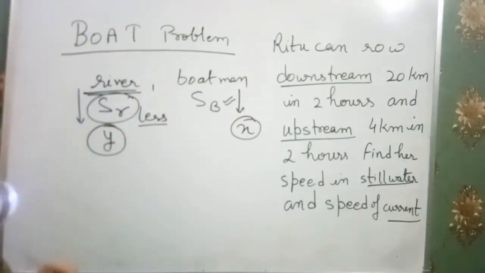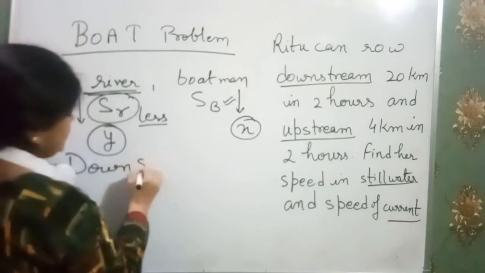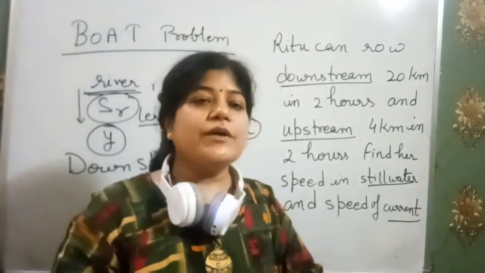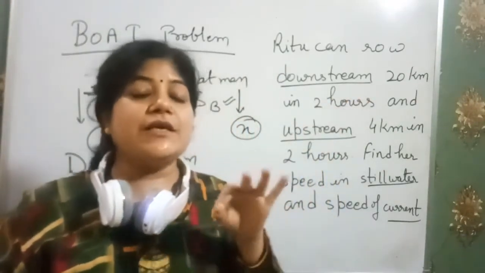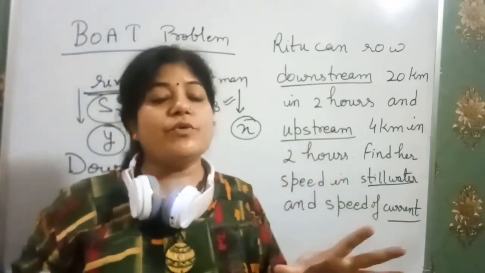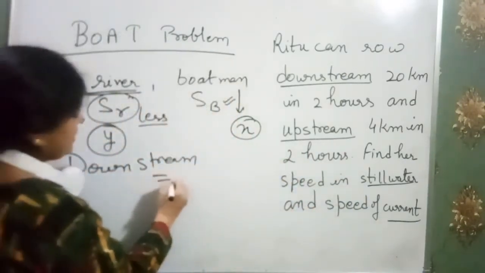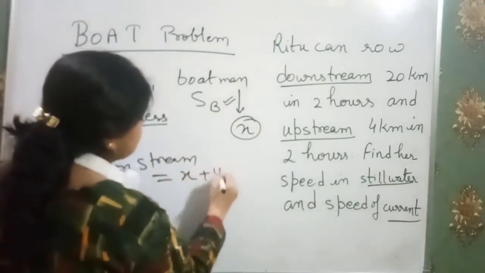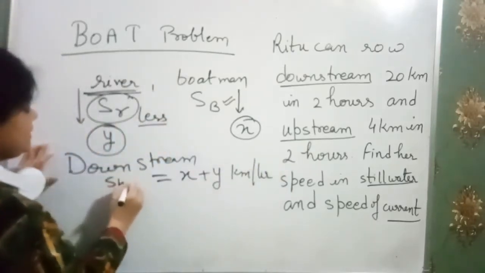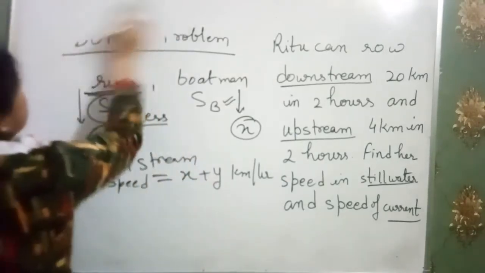Clear? Now second thing. In the downstream, what is downstream? Downstream means that a man rows the boat in the direction of water. That means in the direction in which water is flowing, the man is also rowing his boat. So in that case, both the speeds add. So in the downstream case, net speed is x plus y kilometer per hour. Net speed is x plus y. Clear? But in case of upstream,